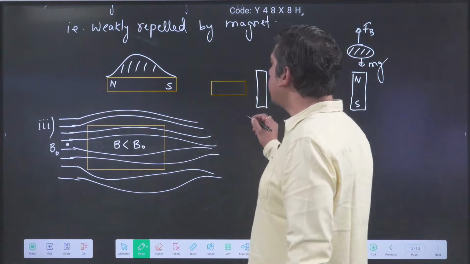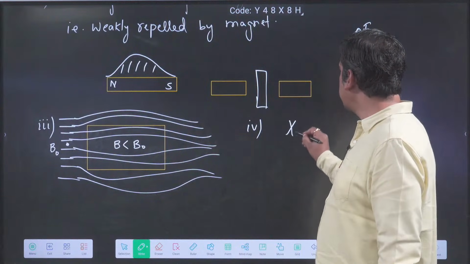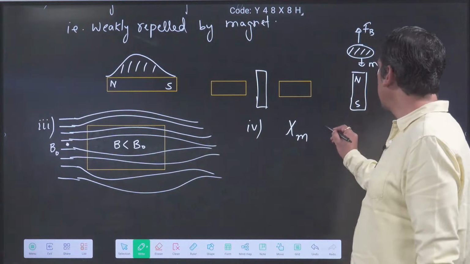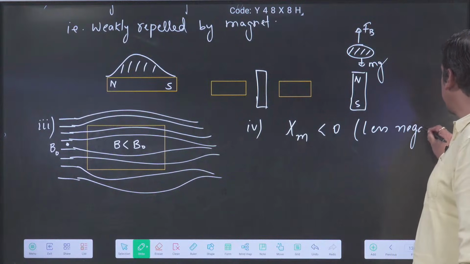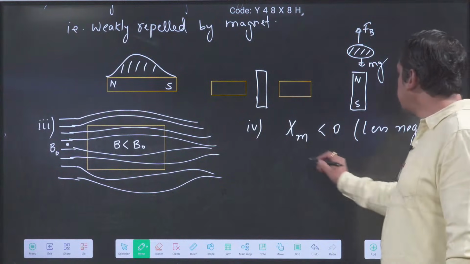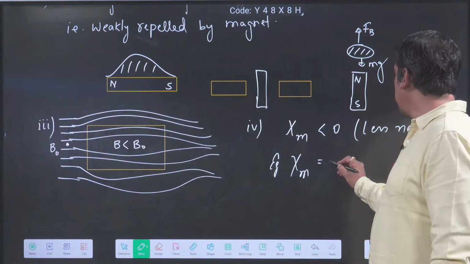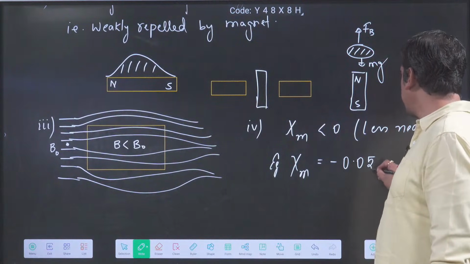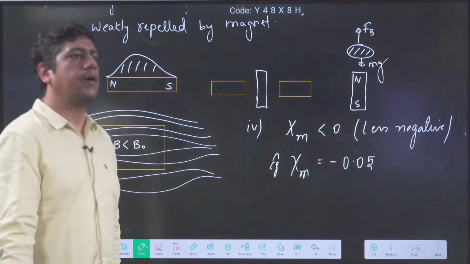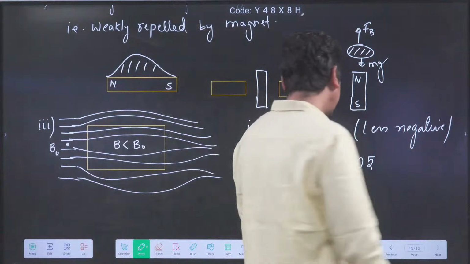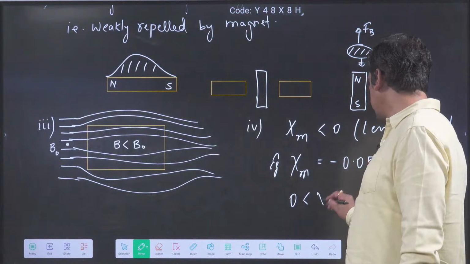Now, since it's weakly magnetized and in the opposite direction, the susceptibility is negative, but it will be less negative. Less negative means, example, psi value will be, let's say, minus 0.05. It will be negative, but a very small value. Remember, the susceptibility value can only go from